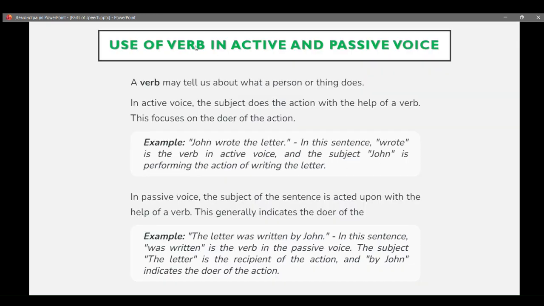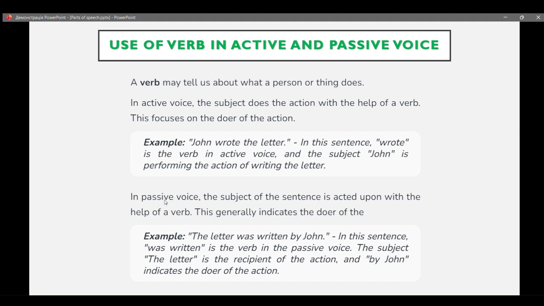Okay, here we have the use of verbs in active and passive voice. In English we have active and also passive voice, so make sure you remember this rule. A verb may tell us what a person or thing does. In active voice, the subject does the action with the help of a verb. This focuses on the doer of the action. Example: John wrote the letter. In this sentence, wrote is a verb in active voice, and the subject John is performing the action of writing